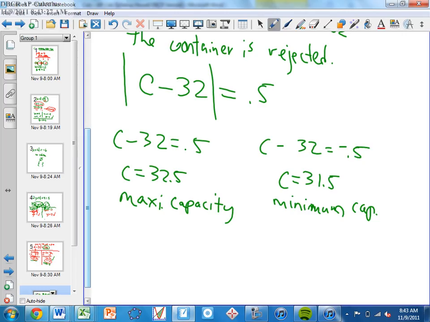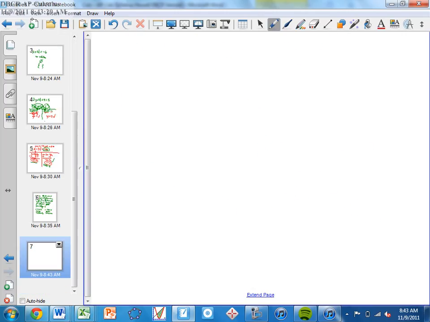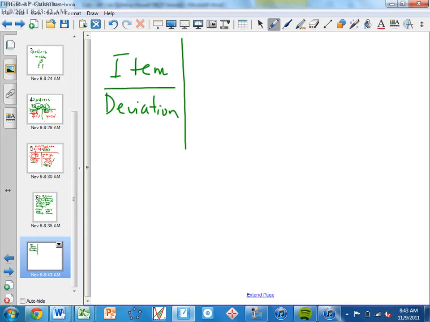Okay. Let's do one more before the bell rings. And this one's a good one because there's several things. So draw a table. So what I want you to write is the item and deviation. Okay, the item and the deviation. So here's the question. The amount of items sold per week are listed in the table below. This is going to be at a certain market. It will be fruit. What is the total minimum and maximum amounts of items sold per week? So every week,